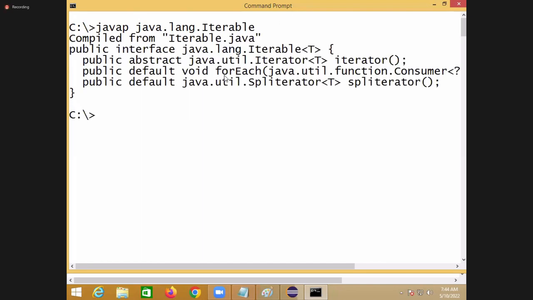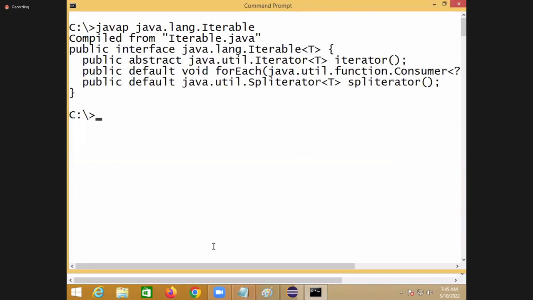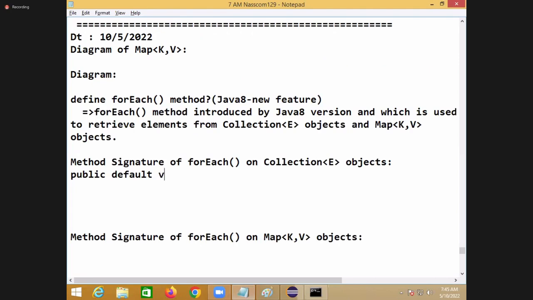Among that, one method is forEach. It is public, not abstract, default: public default void forEach of